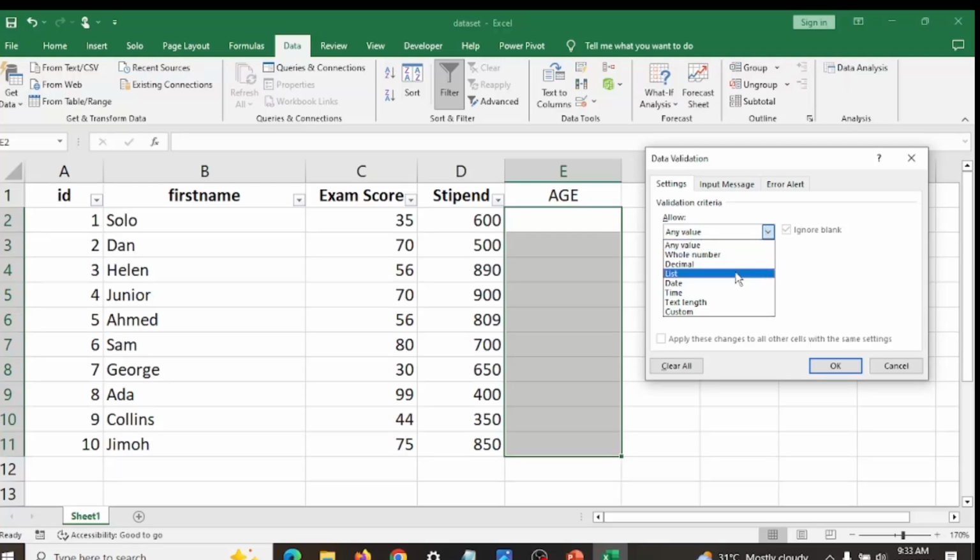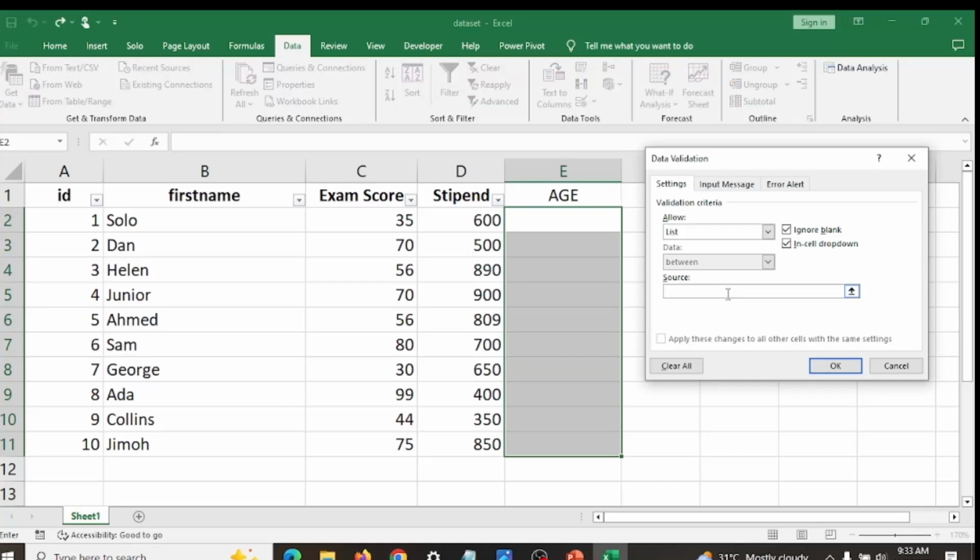Okay, list. So we click list now. List will allow you to have, let me just say, state of origin. For instance, in Nigeria you have Edo State, Edo, or let me make it capital. You can make it small letter anyhow. Edo, let me say Lagos, Abuja, Kebbi. You understand? So these are a list